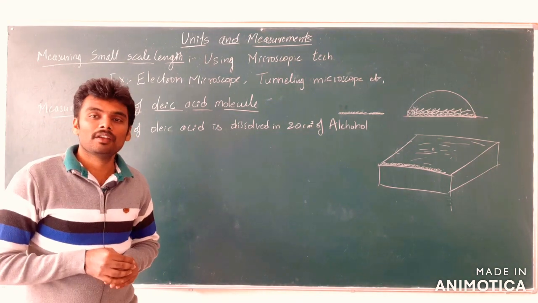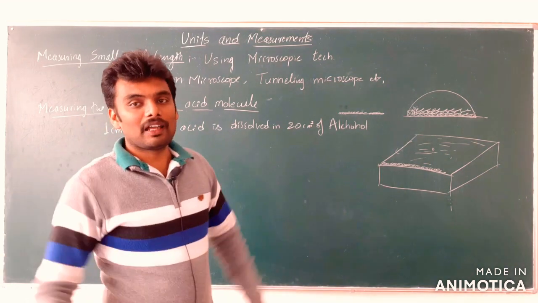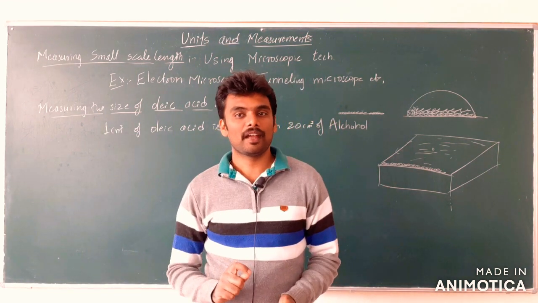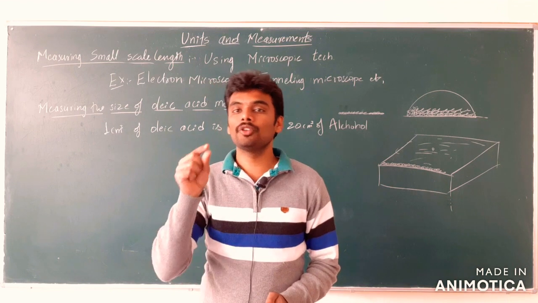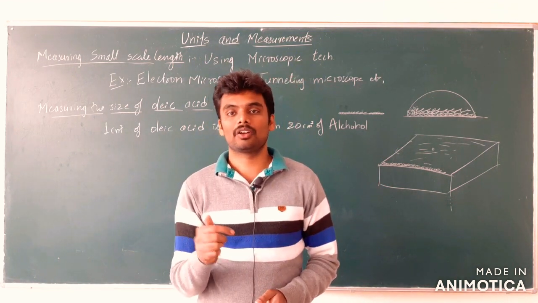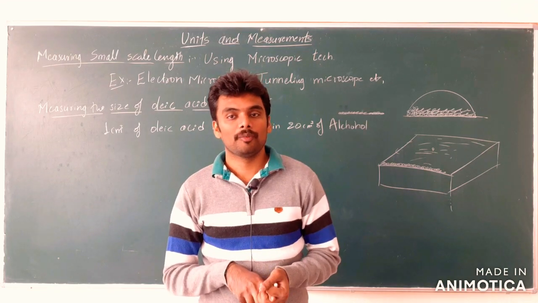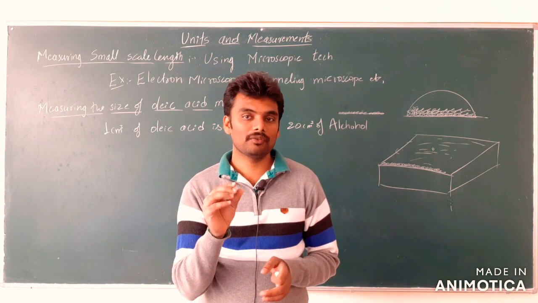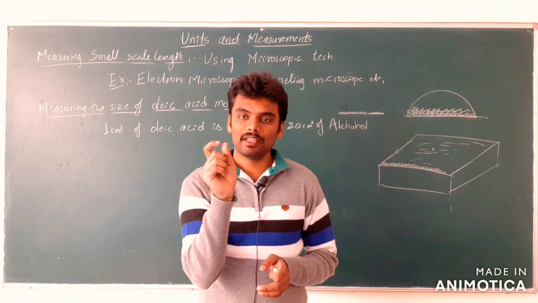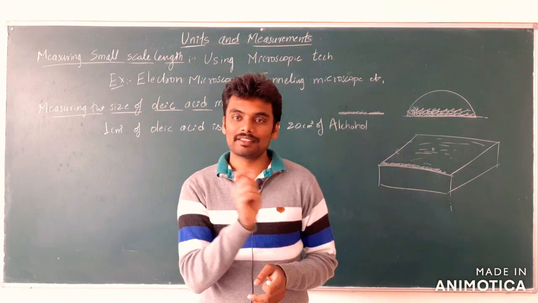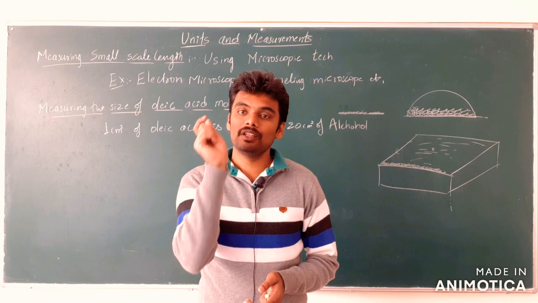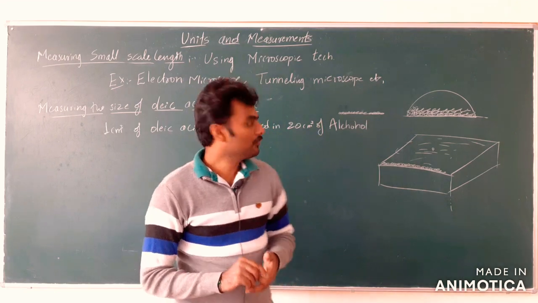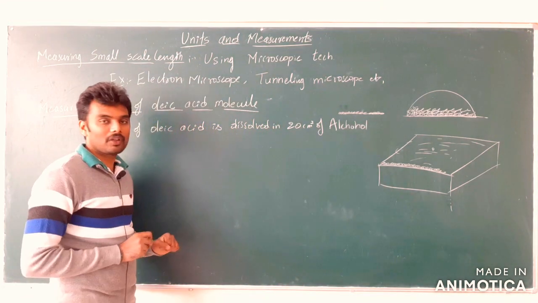Why are we doing that? See, now a single drop can spread over a large area. We don't want that much area to be spread. So we want a still smaller amount of oleic acid. At the same time, we need to know how much oleic acid we are spreading on top of water, because the quantity of oleic acid also plays an important role. Quantity means volume. We also need to know the volume of oleic acid. Even if we choose a small amount of oleic acid, lesser than a single drop, we should have an idea about the volume of oleic acid that we are putting. So we dissolved it into 20 centimeter cube of alcohol.